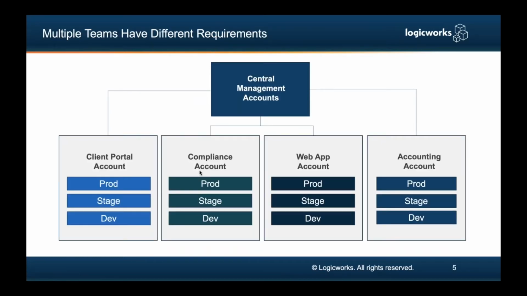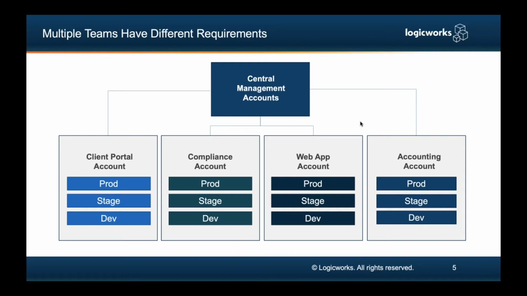Well, we segment them into different accounts. So what you can see here is there's going to be a central management account at the top level, and then you can have different organizational units or groupings or even just accounts. Let's say this is a single account for the client portal account with prod, stage, and dev VPCs, and then all the other accounts have their VPCs thereafter, right? This allows you to get that granular segmentation of your application levels, your SDLC tiers from your dev, stage, prod,